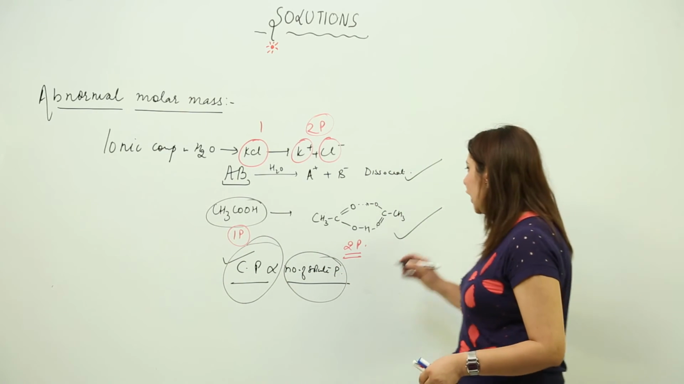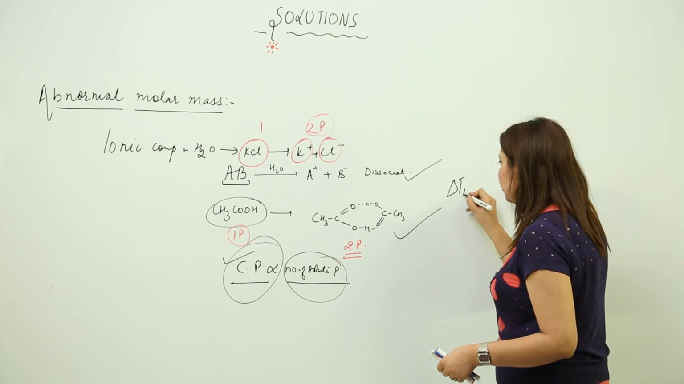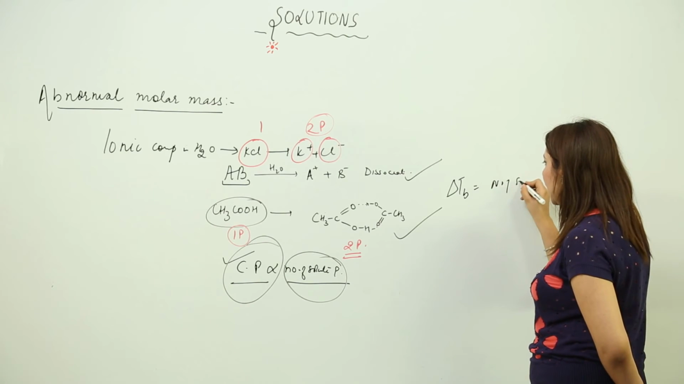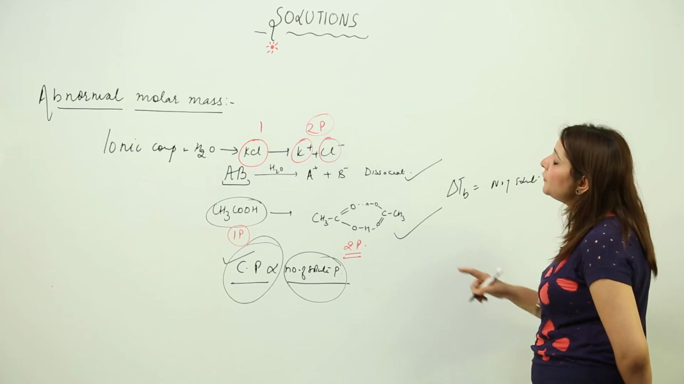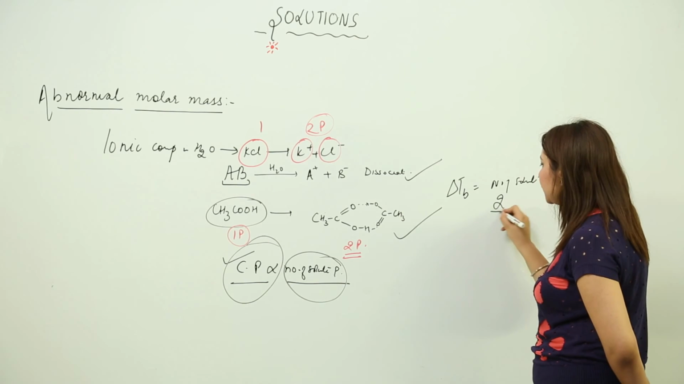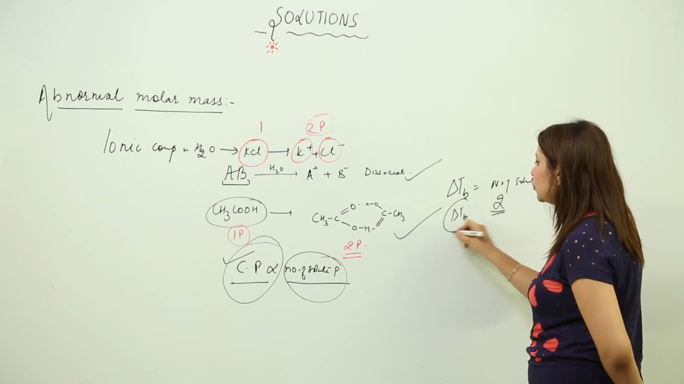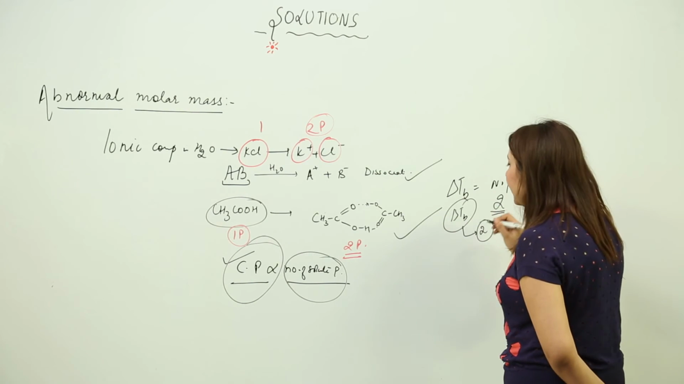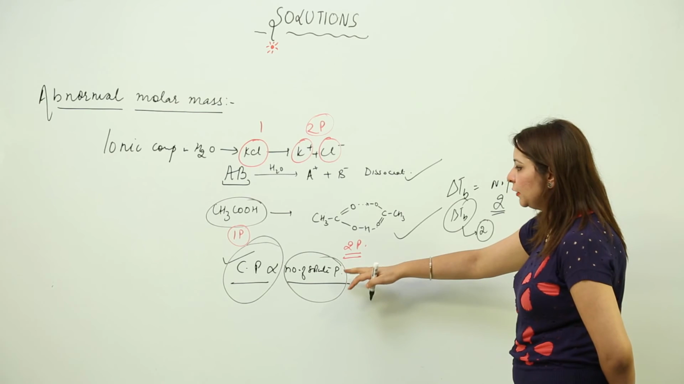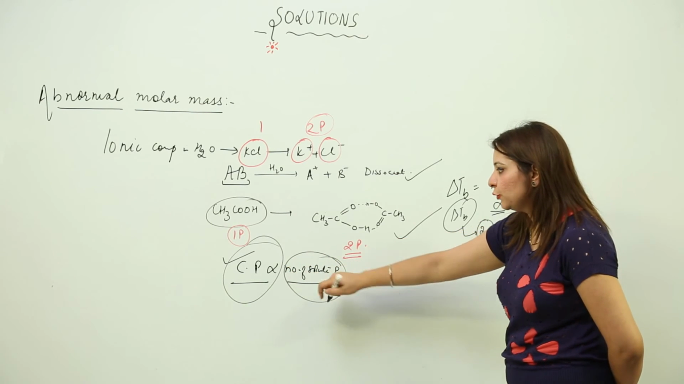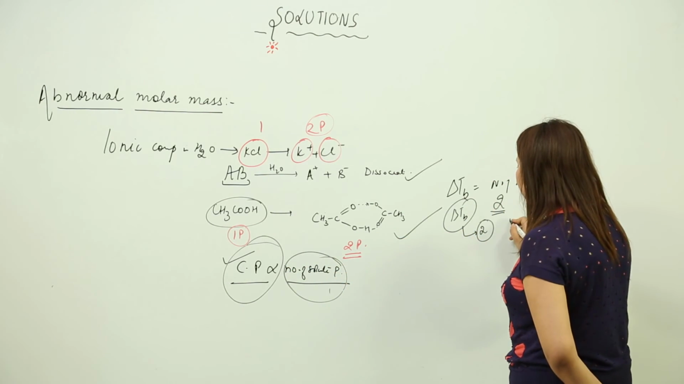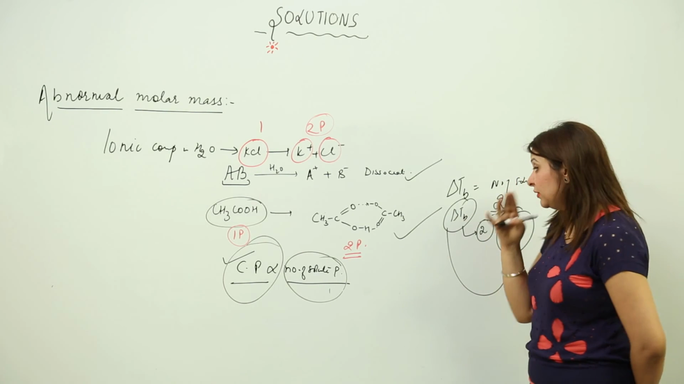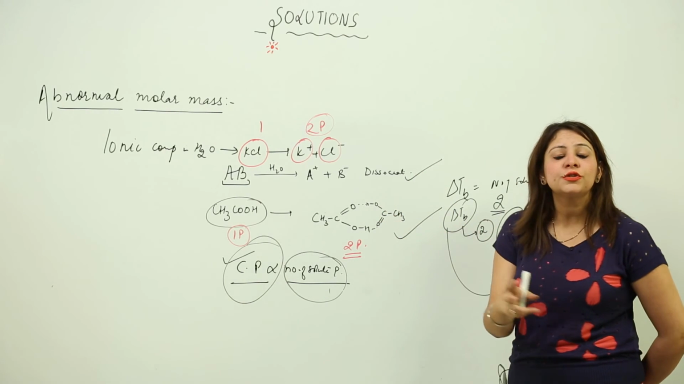Suppose I take an example, the elevation in boiling point. It depends upon the number of solute particles. So if the number of particles increases to 2 times, the elevation in boiling point will also become 2 times. And likewise, if it is getting reduced to half, that means 2 particles combine to form 1 particle, so they are getting halved. So that means we can say that either the dissociation or association can affect